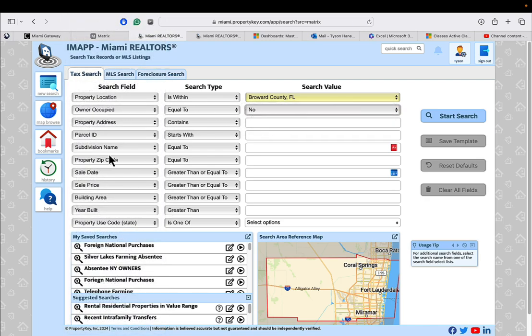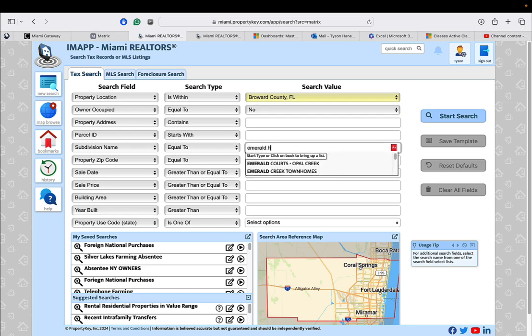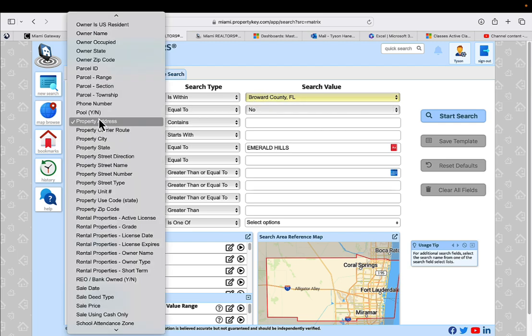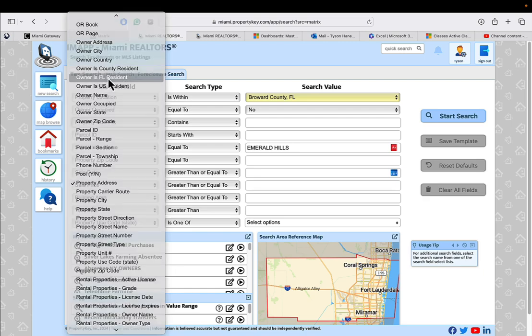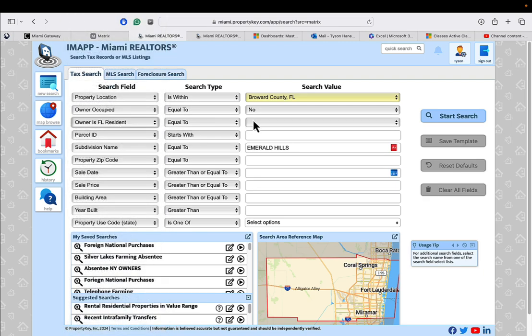All right, and then from there, I'm going to take advantage of the field subdivision name, and then I'm going to simply type in Emerald Hills and then give it a click. And we're going to look for local absentee owners, meaning they are in the state of Florida. So I'm going to take the field here that says property address and then switch that to owner is Florida resident. I'm going to give that a click and select yes. And with this combination, selecting owner occupied no, owner is Florida resident yes, within the subdivision of Emerald Hills, this will find me the absentee owners in the state of Florida